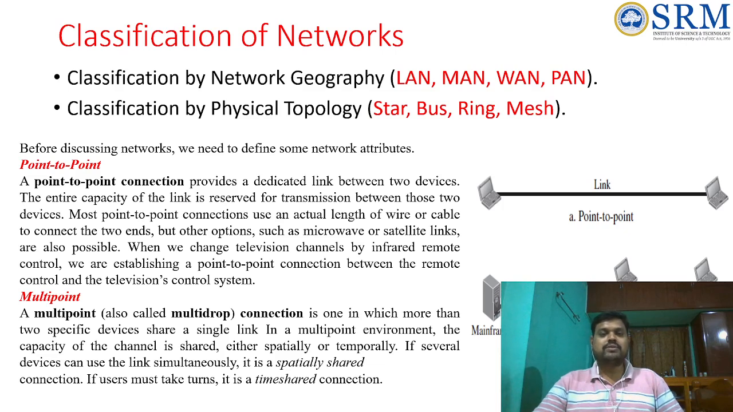Physical arrangement. So, geographical location. Based on the geographical location, we have a different set of network types like local area network, metropolitan area network, wide area network, and personal area network. Based on physical arrangements, we have star topology, bus topology, ring topology, and mesh topology. So before discussing the types of networks,